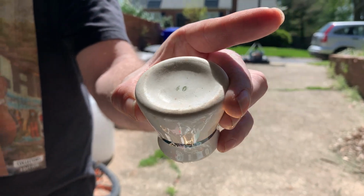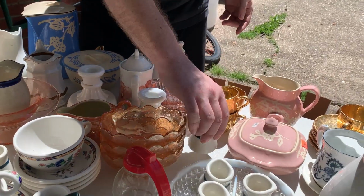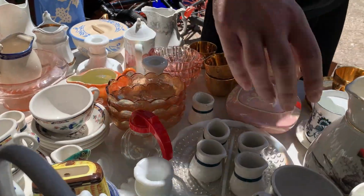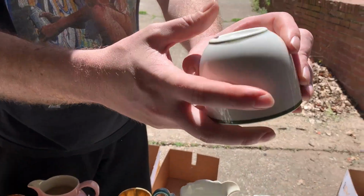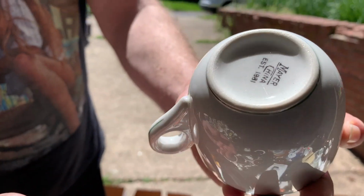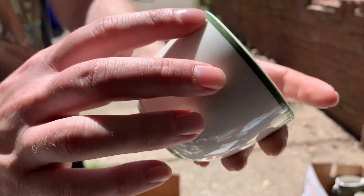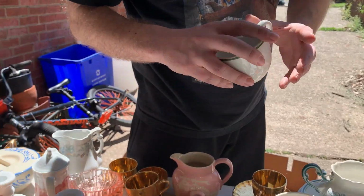They don't have any markings on them, but numbers. But there's 4, 5, 6, 7 at least. And then I got this Meyer China restaurant ware. You see right there. Yeah. And it has the green on there. So we got